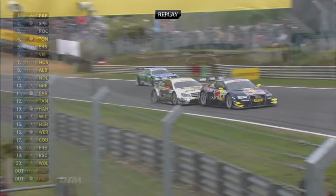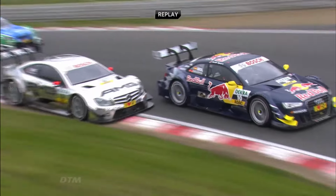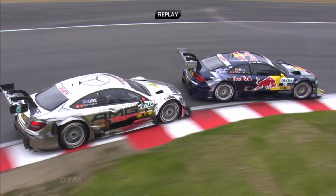Great camera angle here, and look at Green on Molina. And did they touch? Well, maybe it was just the slightest kiss. A great look underneath the car. And let's hear now from...